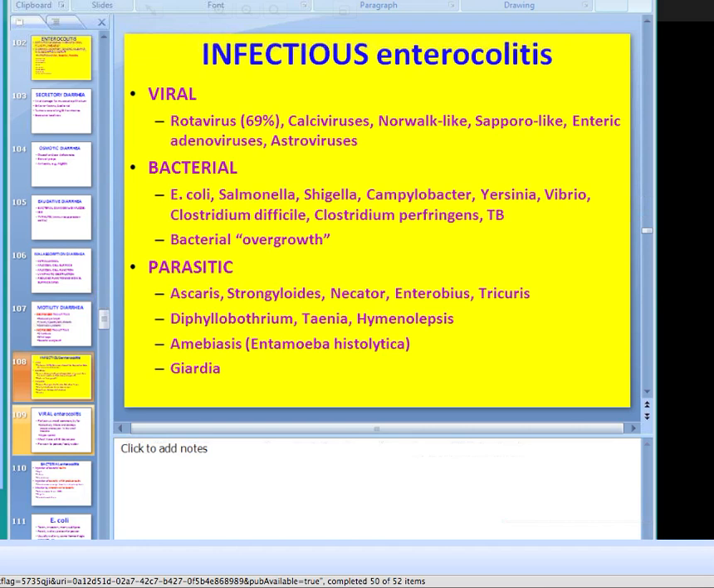Clostridium difficile, which is your antibiotic-induced enterocolitis. Clostridium perfringens, don't forget TB, as well as even your normal gut bacteria, if they stay there too long because they're in a blind loop or a diverticulum or not going anywhere, or decreased bowel motility from either anatomic or physiologic causes, or in other words, obstruction or ileus respectively, then you can get infection from your normal